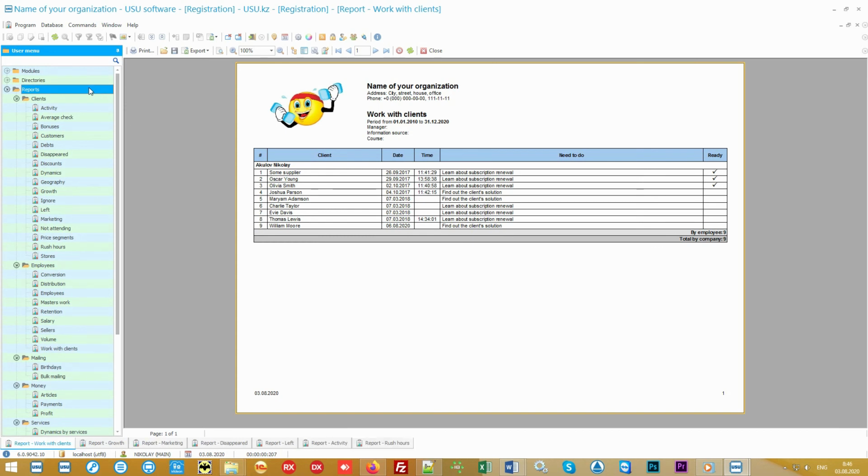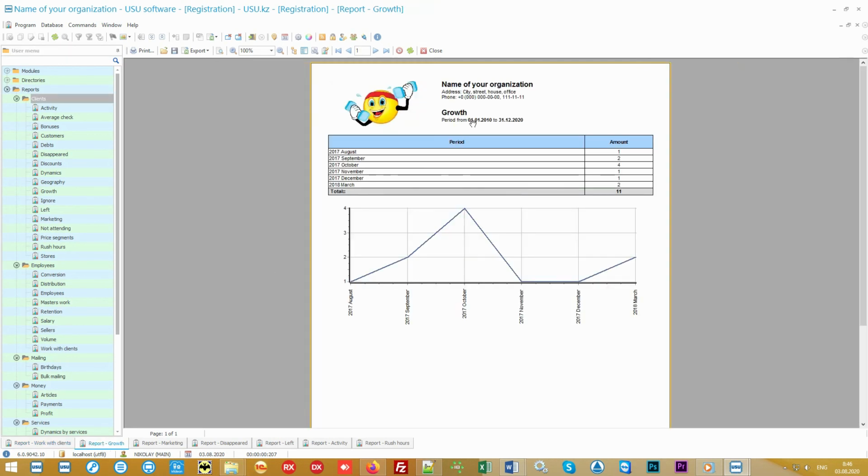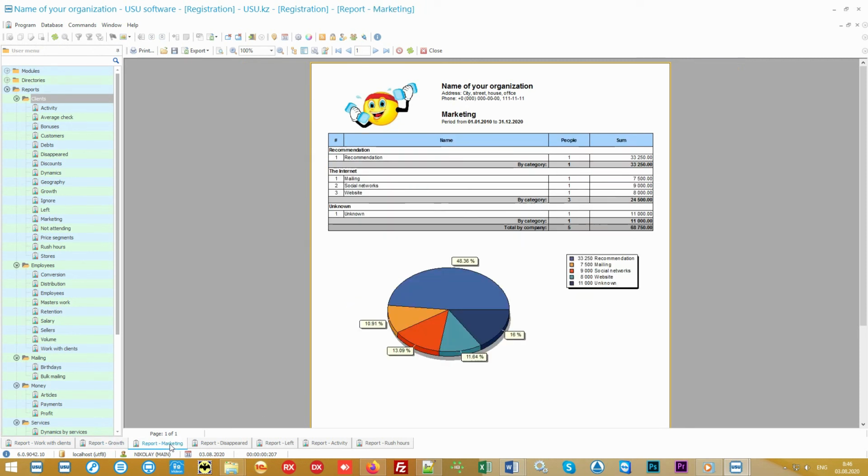Analysis always starts with customers. Each client is your source of funds. The more carefully you work with your clients, the more you will get in return from them, in the form of financial resources. So, let's get started. The fact that your center is developing well will be shown in the report on the growth of the client base. If the growth is poor, analyze the marketing report. It will display where customers more often find out about you. Do not spend money on ineffective advertising methods.